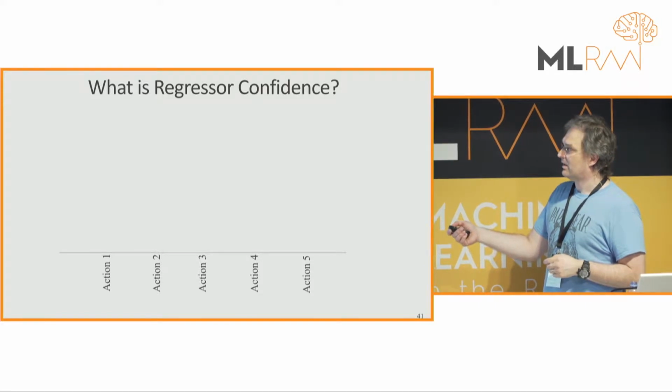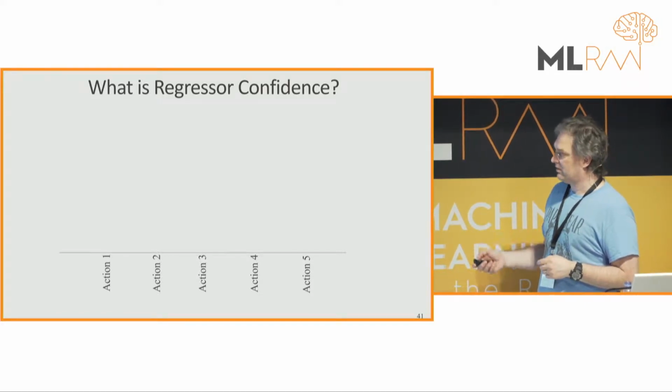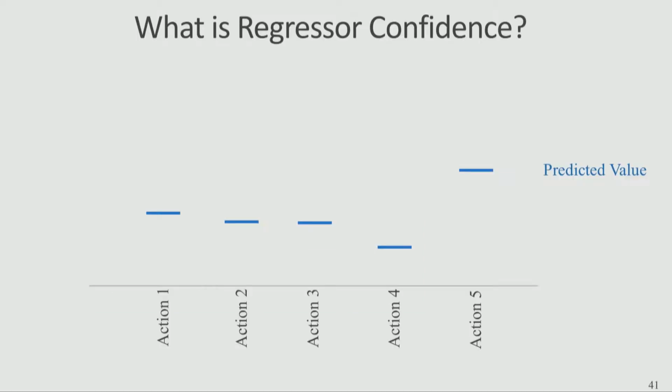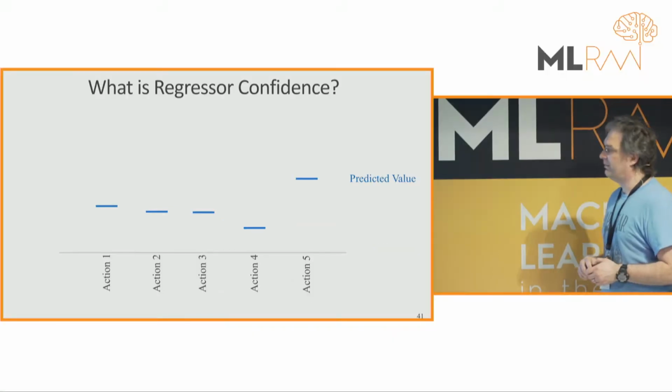Okay, so the regressor confidence bound. What happens here is that for every action given the features, we're going to predict a value. So that's pretty straightforward. If you're just doing classification, you would just take the largest predicted value and you would go. But